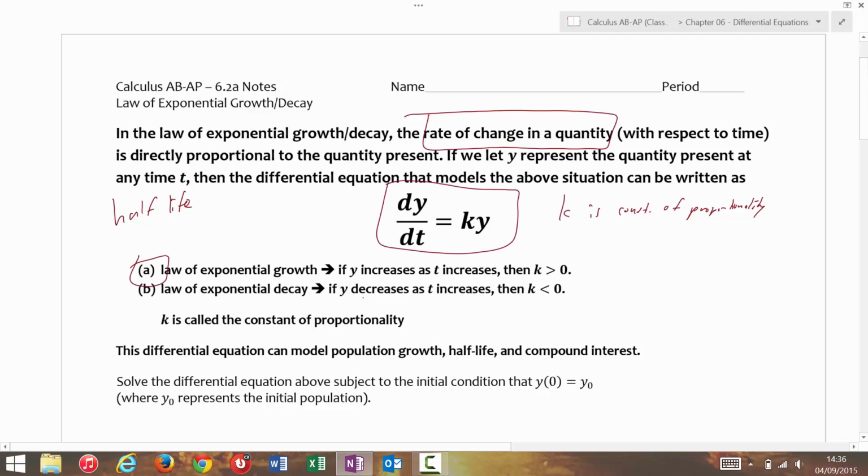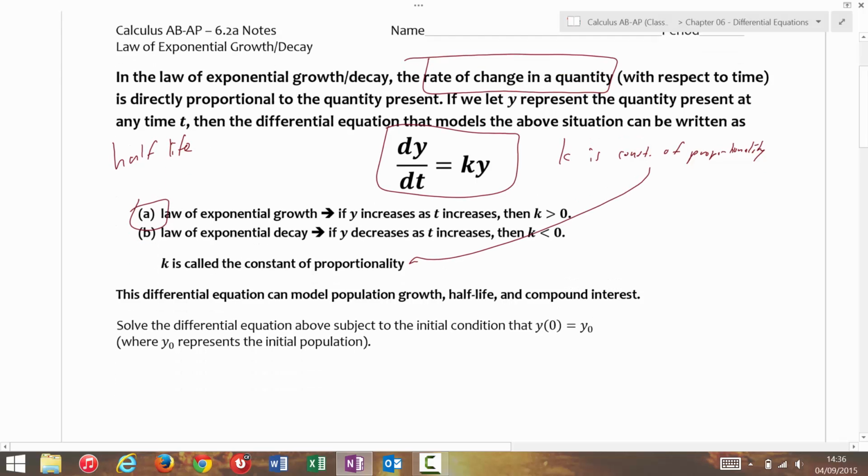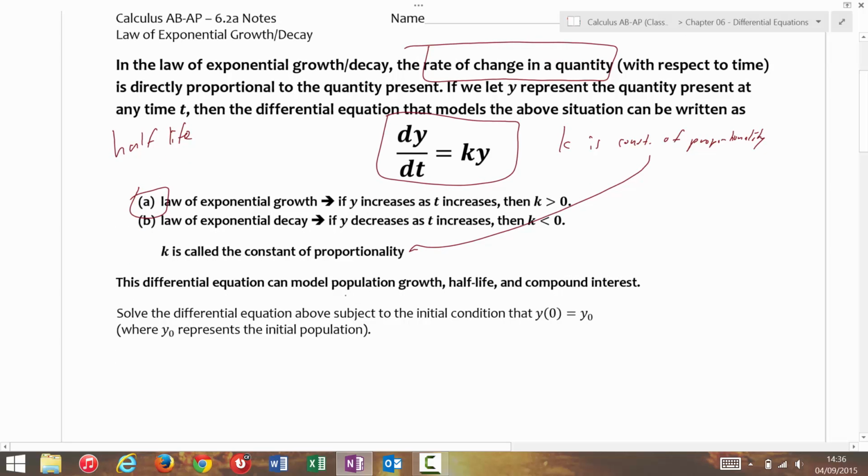If y increases as time increases, then our k is going to be greater than 0. And then exponential decay, that's the half-life thing, is if y decreases as your time increases, then k is less than 0. k is negative. So I guess I just wrote that there. k is the constant of proportionality. These are the different things that you can have it represent. Like I said, population growth and half-life, and then we also have compound interest. So anyway,